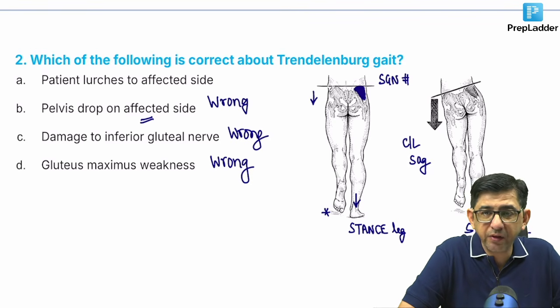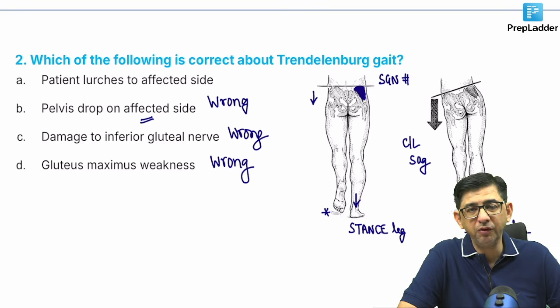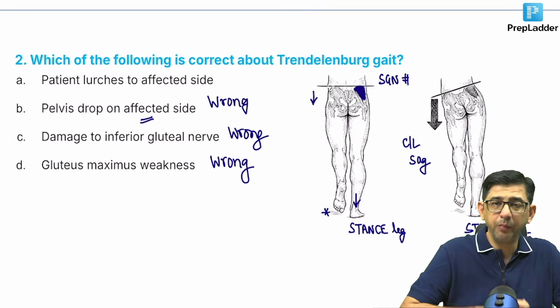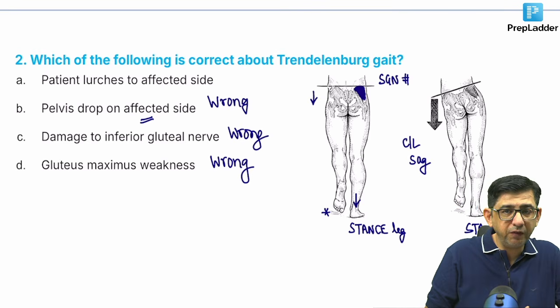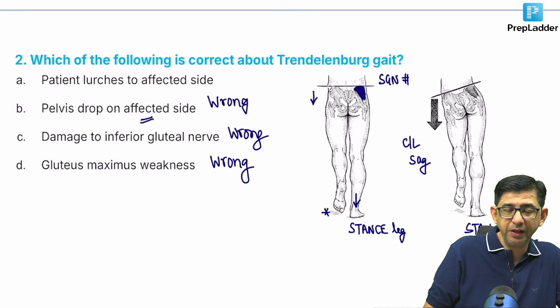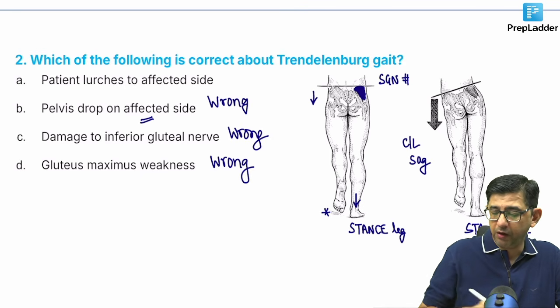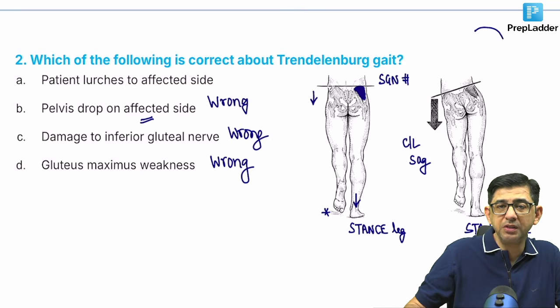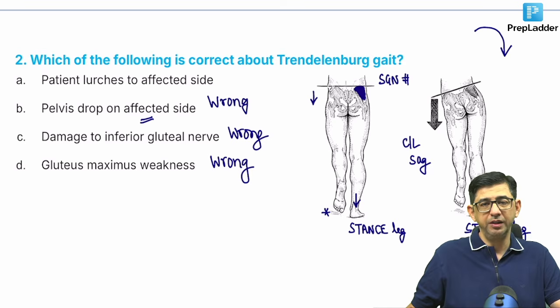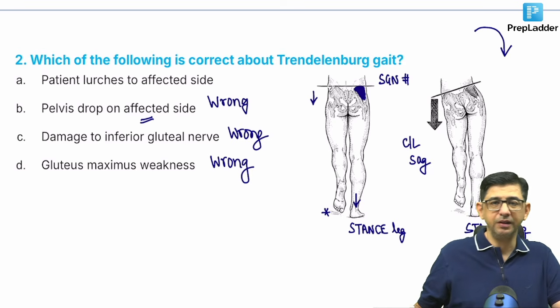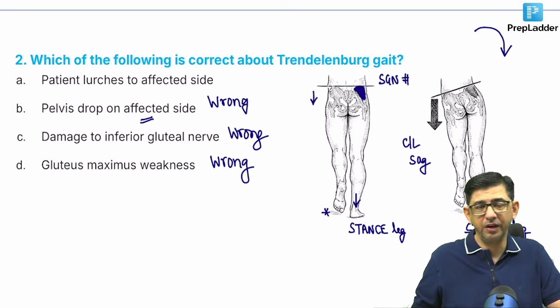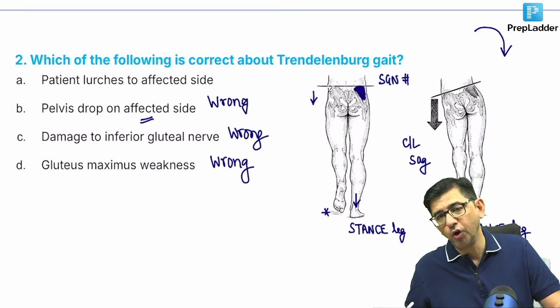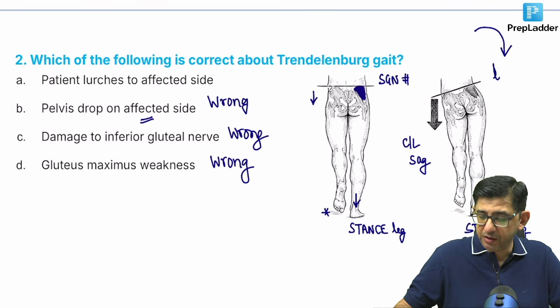The moment I say this, the query of students is, sir, you had said sag of the pelvis. So the sag of the pelvis will cause a shift of the center of gravity. When the pelvis sags to one side, it will cause a shift of the center of gravity. So the patient, to counterbalance this sag, will lurch on the other side. When he walks, he will keep turning like this on one side, keep lurching like this on one side. So the patient will be having lurching on the same side. You can see that this lurching is occurring.